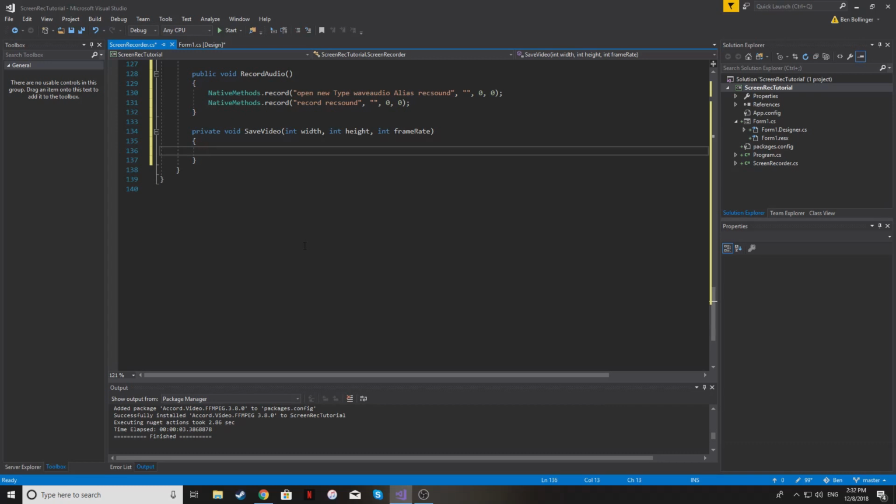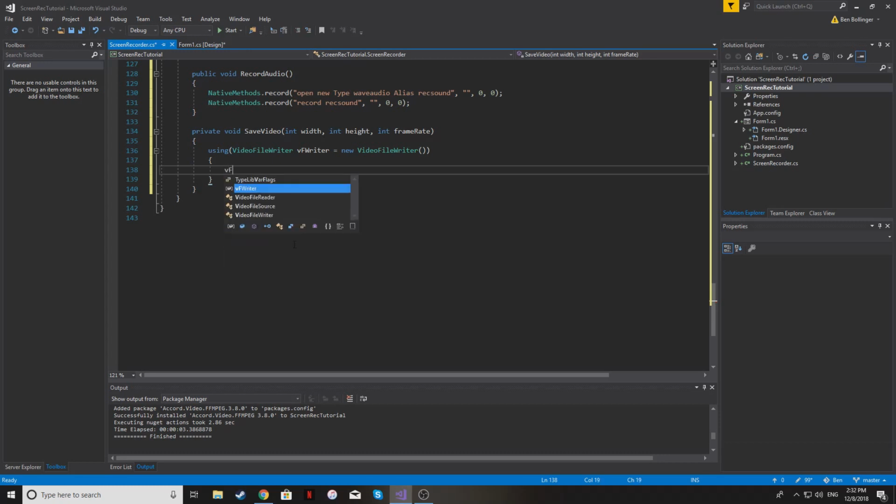And in order to do this, we have to call another using statement, and this is the first time we're going to be using our FFMPEG import. So we're going to say using a VideoFileWriter, and we're just going to call this vfWriter, and that's going to be equal to just a new VideoFileWriter. So using that, which we call from our Accord FFmpeg library, we're going to open, rather, a video on the output path that the user